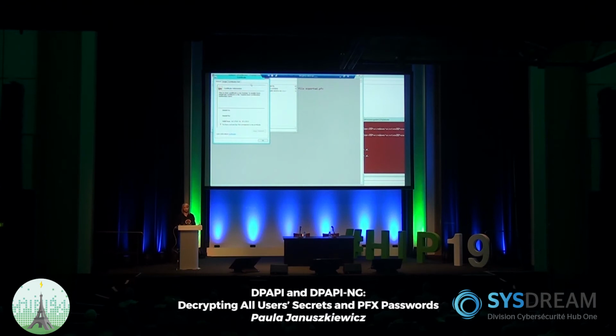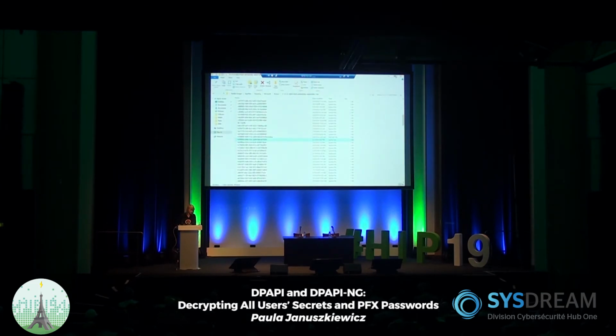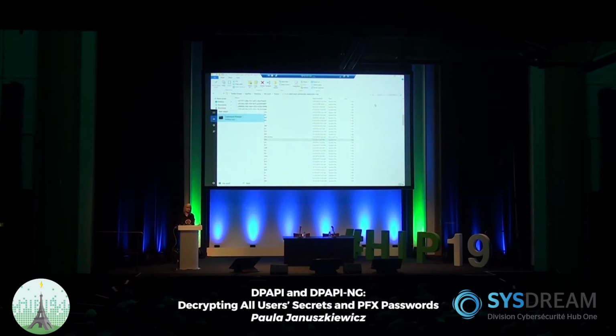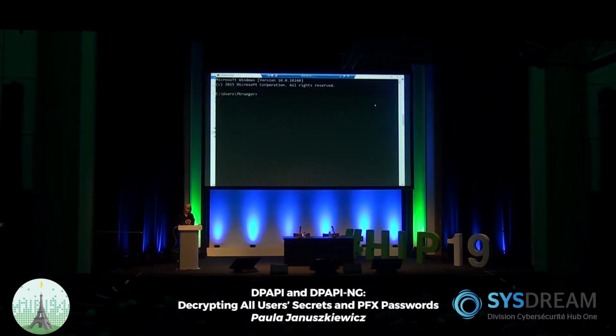So this has been only issued for a year. If your domain is from 2008, this is how old your certificate is over here, okay? And having this allows you to get access to the secrets of everybody else. Let's have a look into this scenario.